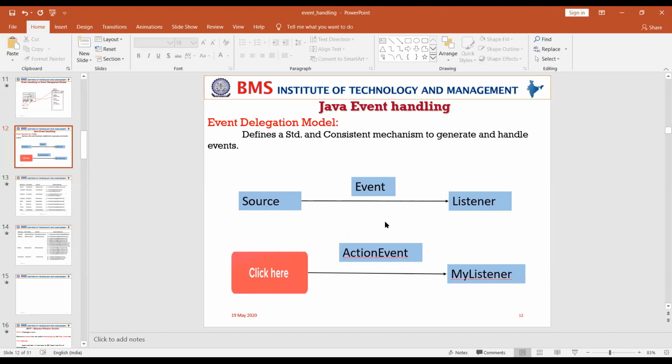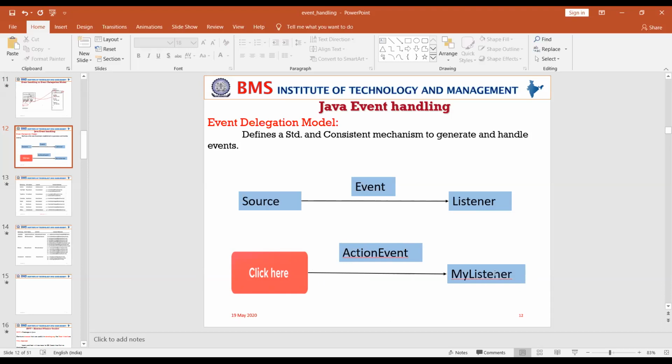Similarly, the events which they are going to generate are also all predefined in Java. So the events in Java as well as the sources that generate them are predefined. We have predefined classes in Java for the GUI components that raise the event and the type of events they are going to raise.